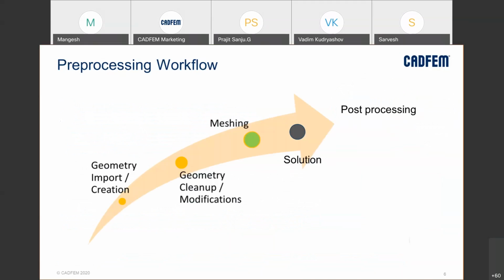So this is usually the workflow. We come up with the geometry of the problem which we want to solve. Let's say in this case, it would be some heart model, right? If we are performing the heart modeling simulation, then of course we have to come up with the right kind of geometry. So maybe there might be some modification, maybe some additions, right? So of course we'll see in the coming slides. Meshing is something where we have to discretize the domain into small control volumes, for which the equations will be solved in the solution part, and then in post processing we are just trying to identify